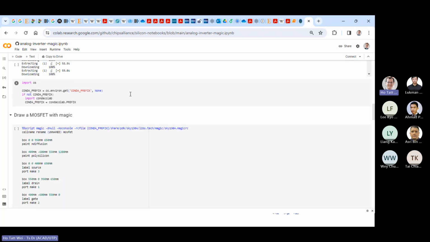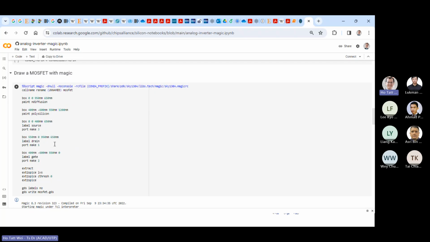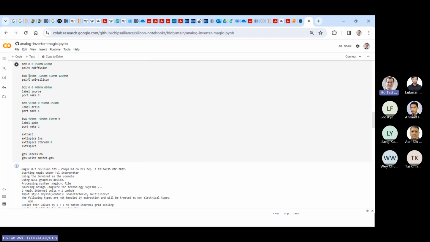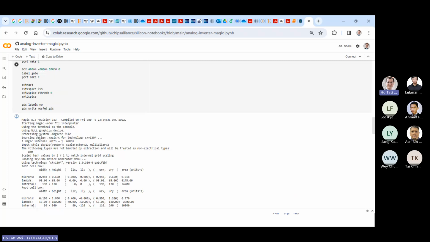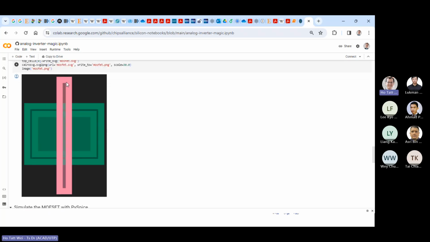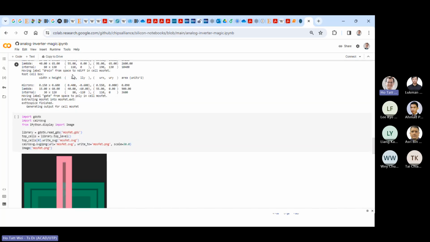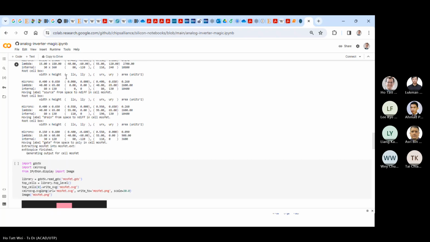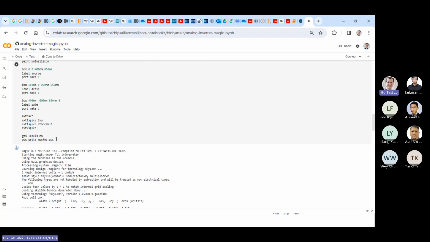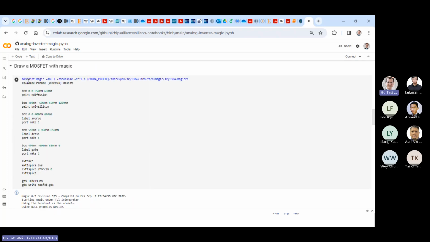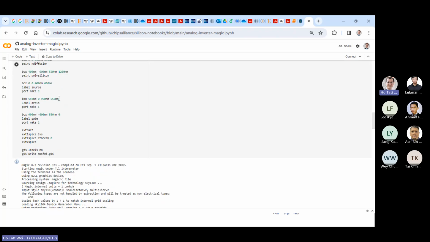But at this point here, this part here is a script to actually draw a MOSFET with a tool called Magic. So it's actually giving you the size of the polysilicon, the size of the gate, the size of the... So this is your transistor here. So you have the gate here, you have the drain, you have the source here. So this is actually showing you how to draw the MOSFET. The top part here is actually drawing the MOSFET. This code here is drawing the MOSFET, this script using Magic.